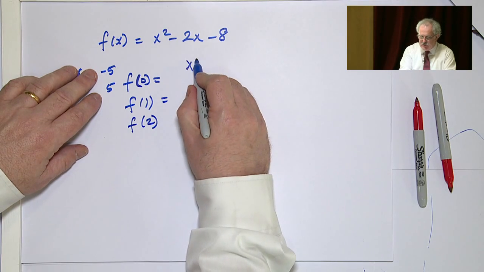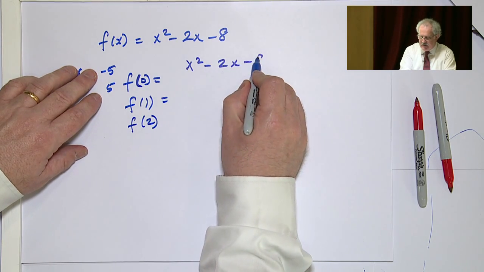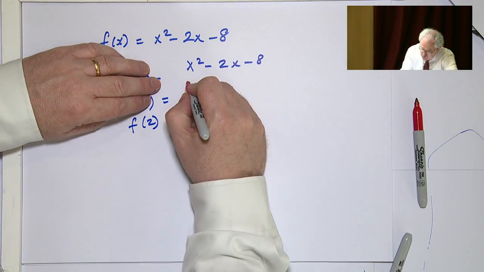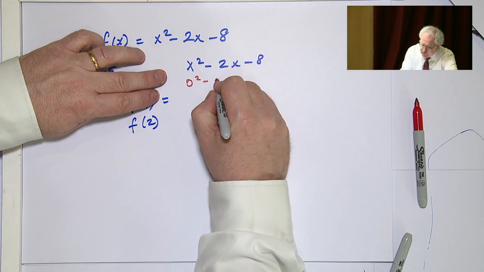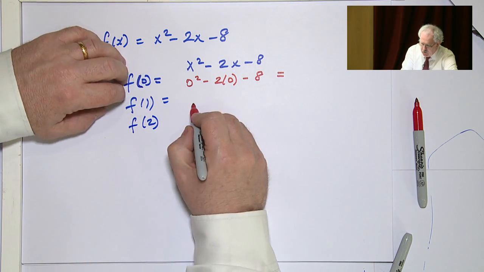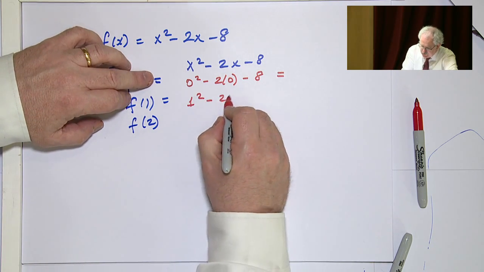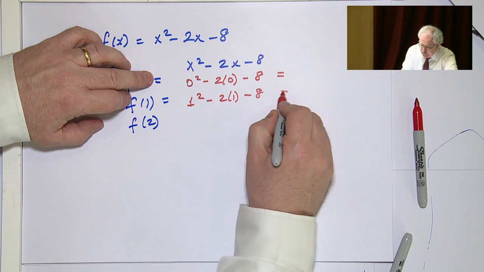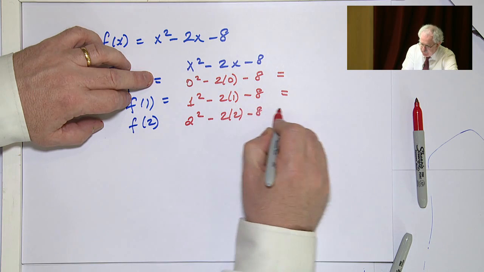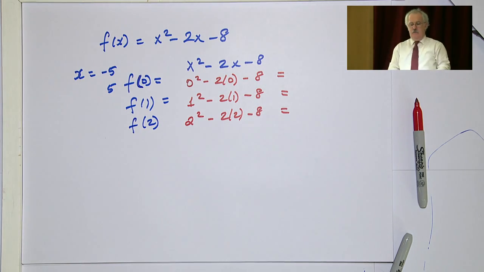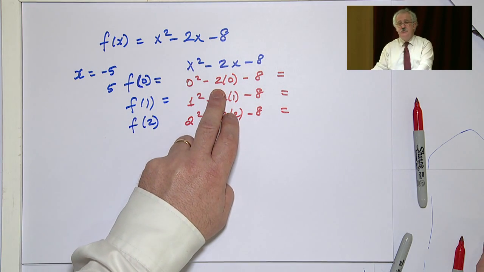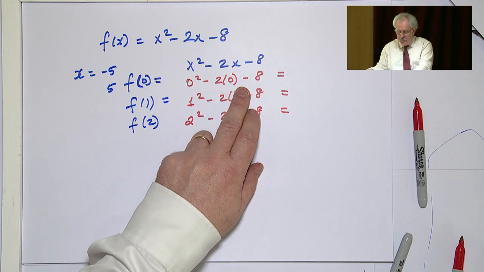So we'll take f of 0 first. We'll say x squared minus 2x minus 8, and we go into lockdown mode. 0 squared minus 2 times 0 minus 8; 1 squared minus 2 times 1 minus 8; 2 squared minus 2 times 2 minus 8. So 0 squared is 0. Minus 2 times 0 is 0. And minus 8 is